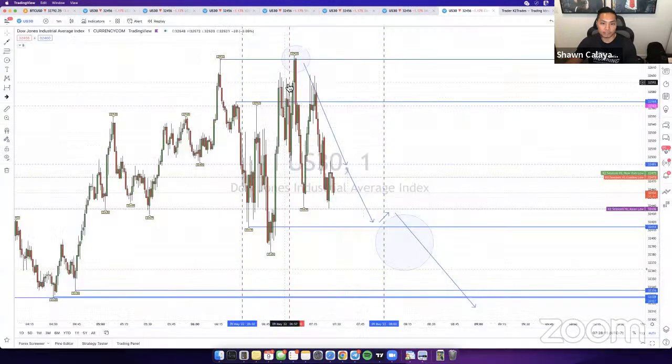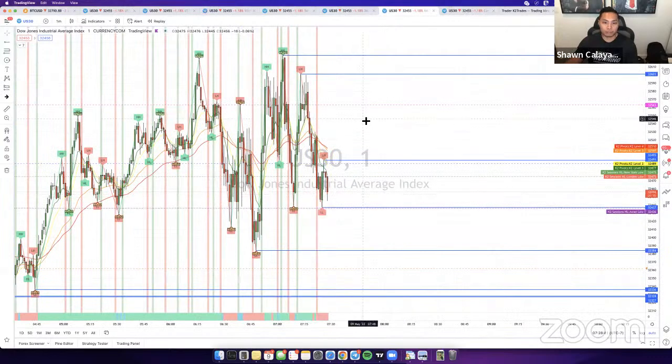It's all about being patient. I didn't get caught in this noise over here. Even though I could have made some profit over here, I also could have lost some trades if I was taking some risky ones. But it is coming down to where I was anticipating. If you guys go back and rewind the replay from where we currently are, maybe like an hour before, I drew this up before it even happened because I knew where the price was going. And this is where I'm waiting for it to be at, for me to start looking for some sells.